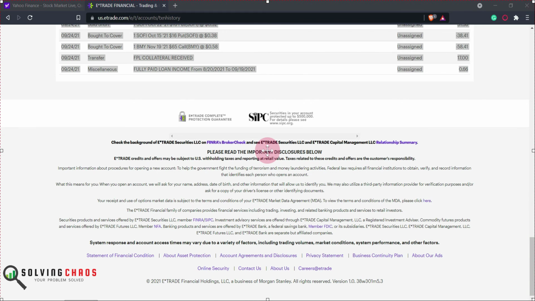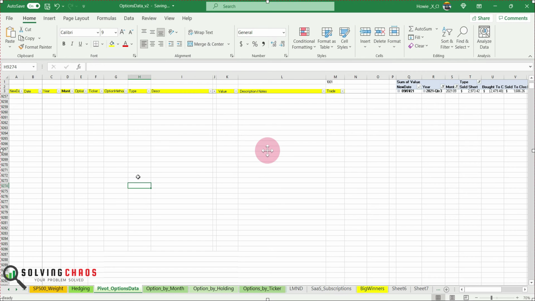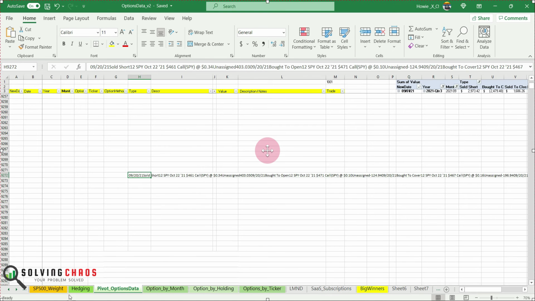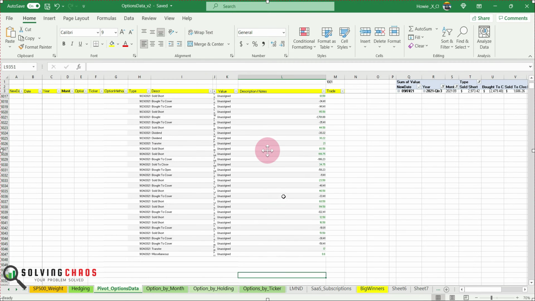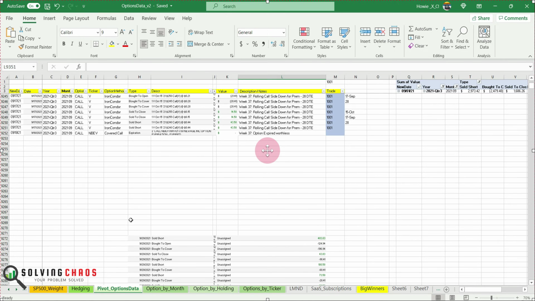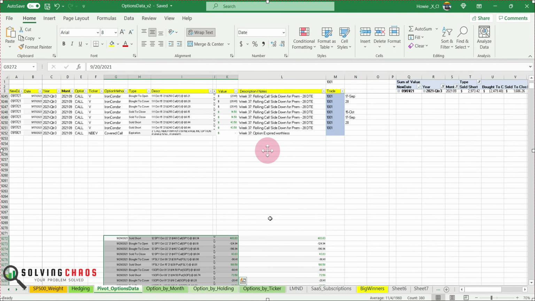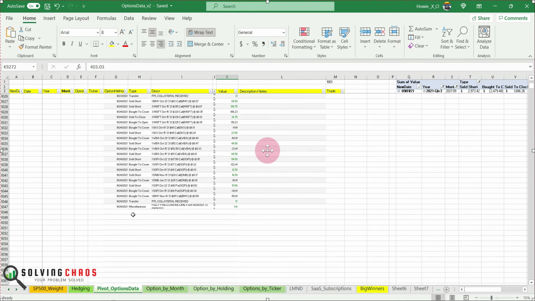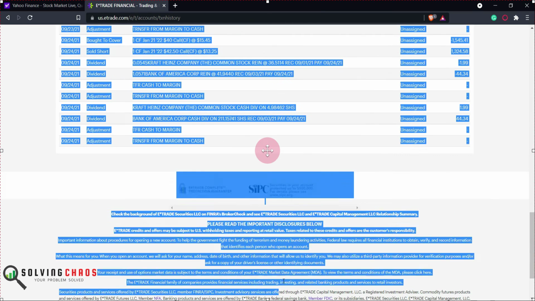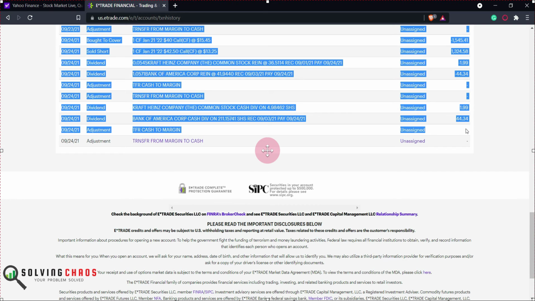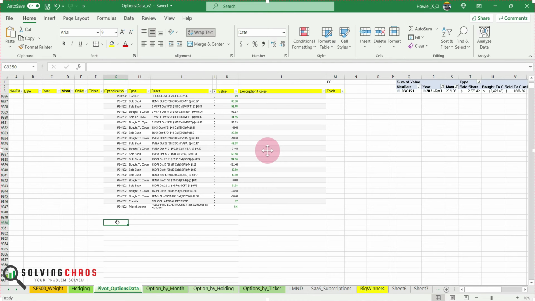I'm going to copy the transactions here, and we'll go straight to our sheet over here, and then we hit paste. We'll do it again. Sometimes it copies with the wrong values. There you go, that one looks better. And then I think I pasted in the wrong field, so I need to do that again. There you go, that's a better one, so we'll use that one. I'll remove this. The next thing I need to do is copy the other transactions, and then we'll come back in here. Copy there, copy these here. Hit the copy button, go back to the spreadsheet, hit paste, and then we're good.